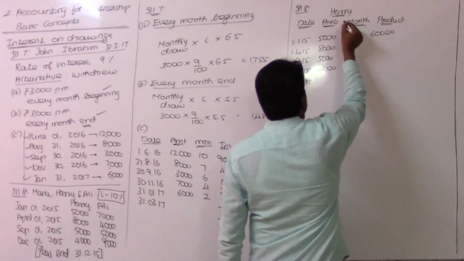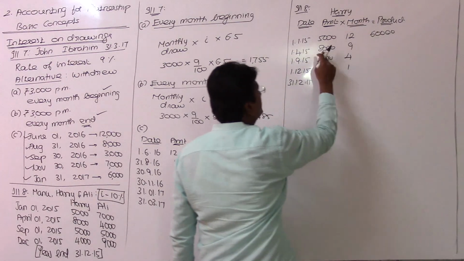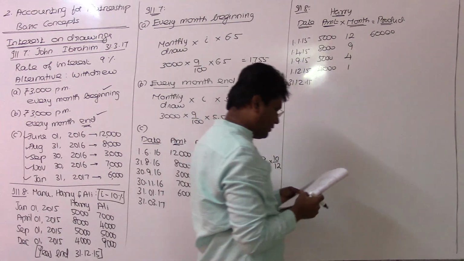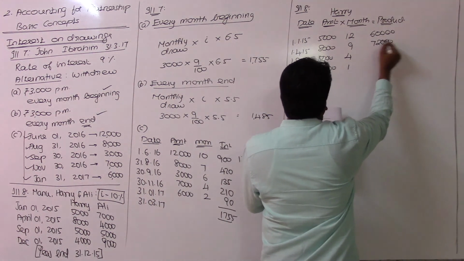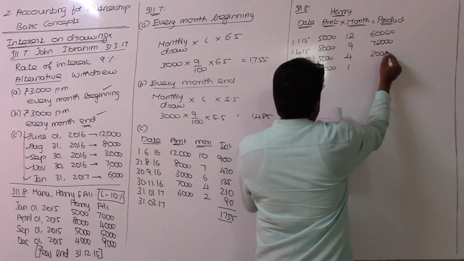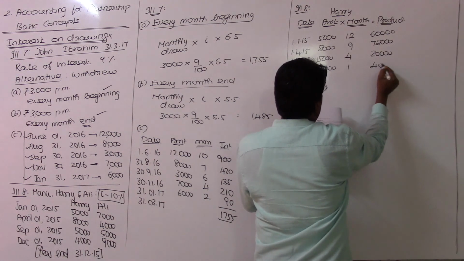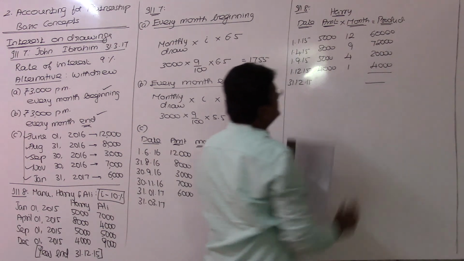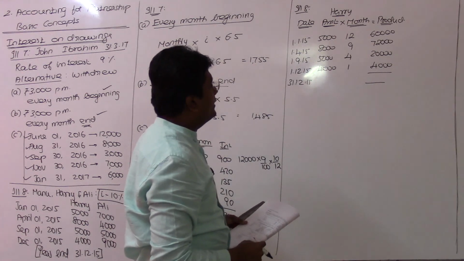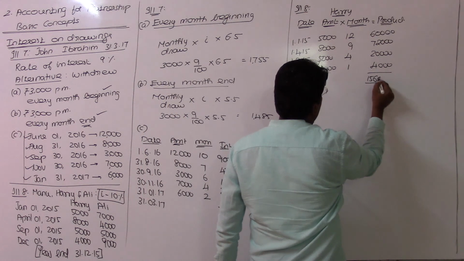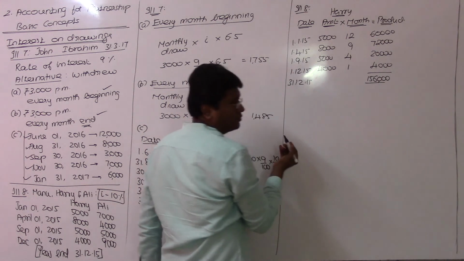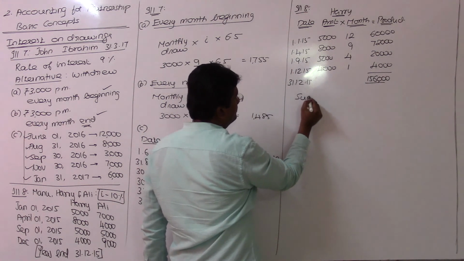Product is nothing but multiplying the amount with the months. So 8,000 into 9, 72,000 rupees. And next case 20,000 and 4,000 rupees. Sum of all these: 60 plus 72 plus 20 plus 4,000, the overall value is 1,56,000. Under the product method, what you have to do? Sum of product